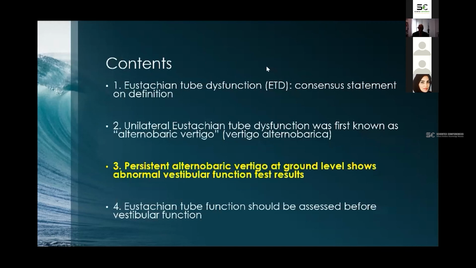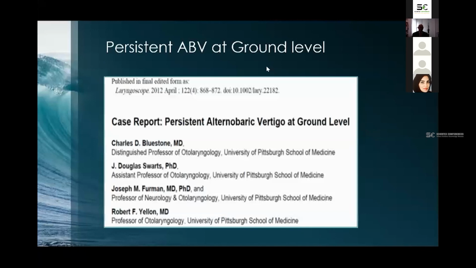Let's move on to the next section. Persistent alternobaric vertigo at ground level shows abnormal vestibular function test results. In 2012, for the first time, Dr. Charles Bluestone published a case report documenting a case of persistent alternobaric vertigo at ground level. He reported that the pathogenesis of the otitis media in such individuals may be related to abnormal anatomy causing ETD. An important point mentioned in this article is that persistent ABV at ground level is associated with abnormal vestibular function